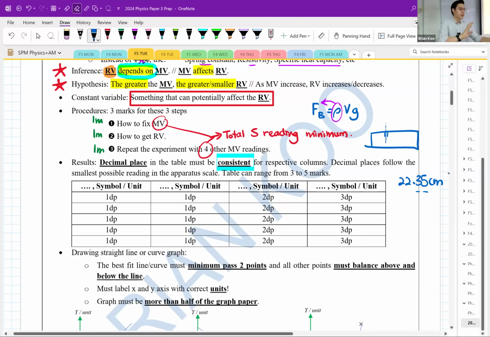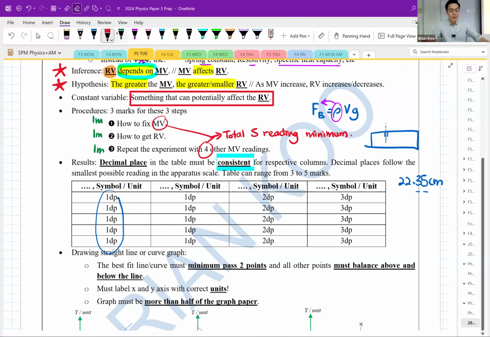So don't go and memorize the decimal place. You just look at whatever you are using. If got 1 decimal place, then you put 1. Everything 1 decimal place all the way. If 2, then everybody 2. Right? So you don't want to make mistakes like this. Like for example, okay, first value you get 2.79, for example. Let's say this is buoyant force. This one just example. And also you want to put down your symbol, if there is a symbol.